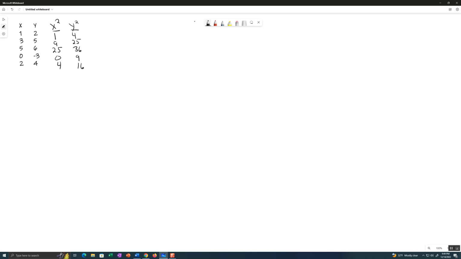And the next thing I'll do is make an XY column and multiply each X by its corresponding Y value. And I have the 5 columns laid out like that. Once I'm finished with that, I can find the sum of all 5 columns. So sum of X,